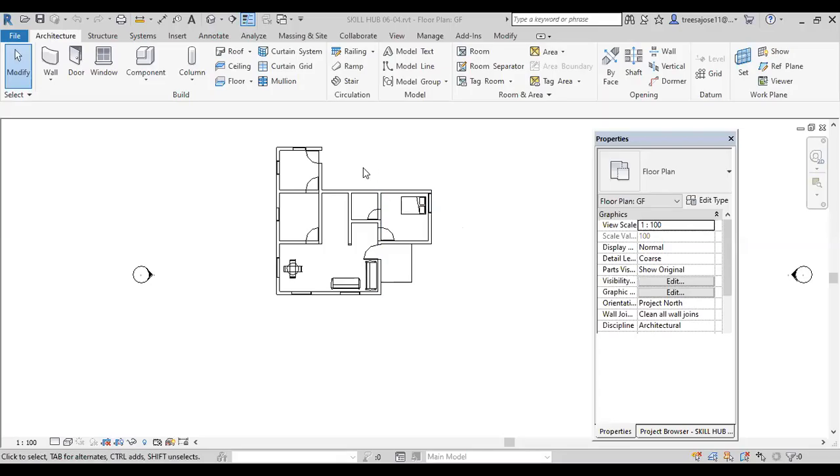Actually, this is one example of this. In the software, the project browser has its own views. Depending upon the levels we have added, automatically the system will show the ground floor. For example, if you need to show the ground floor, you just activate the ground floor plan. Immediately the ground floor view will be activated. The same way, if you go to the project browser,